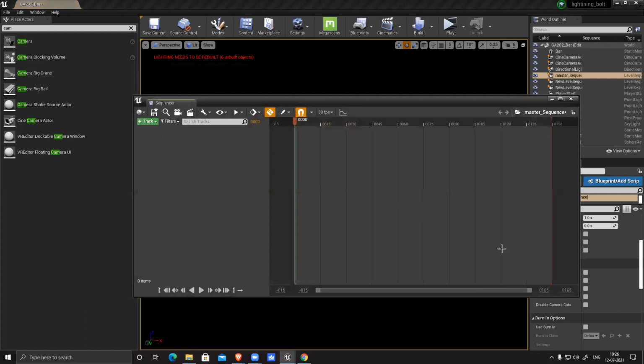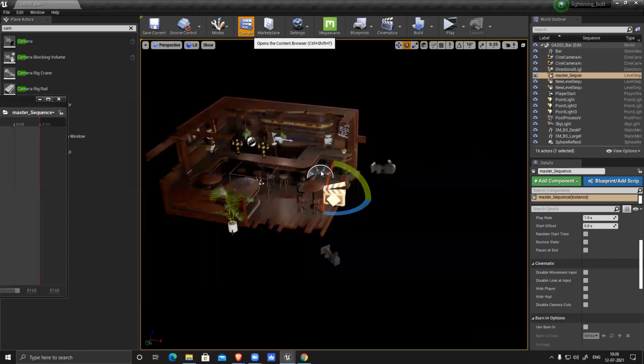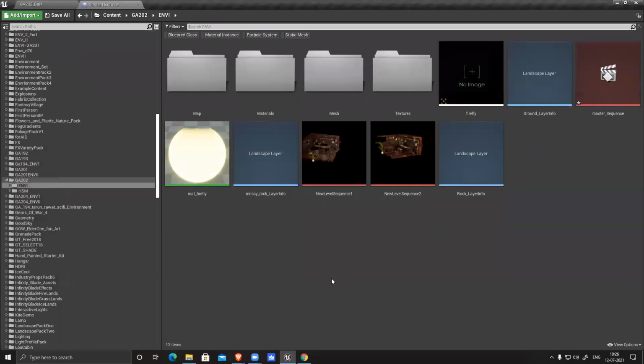Master, save it. Now it's saved. Now what you have to do is browse to wherever you saved those previous two sequencers, sequencer 1 and sequencer 2, these two.